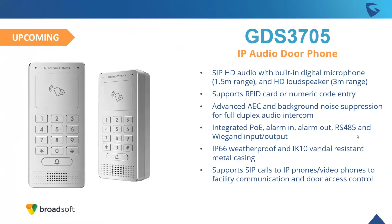Supports RFID card or numerical code entry for those people who are probably using this thing daily. Advanced AEC background noise suppression for full duplex audio intercom. Like I said, definitely very clear voice and audio coming in and out of this. The integrated PoE, alarm in, alarm out, RS485, and I always butcher this, Wiegand input and output ports all available. So this thing can definitely completely integrate with any type of security solution that you have, no problem, and with